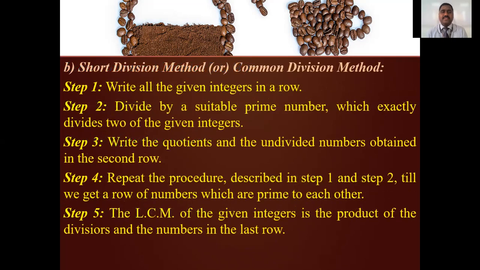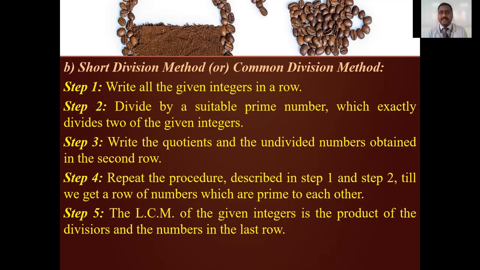And the next one is the division method. In the HCF division method, we divided the highest number by the smallest number and continued the division, and whatever remainder we got became the divisor for the previous dividend, and we followed the same thing until we got 0. Once we get 0 at the second or fourth or fifth step, the particular divisor is called the HCF. This is the division method in HCF.